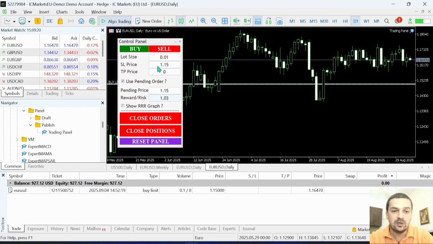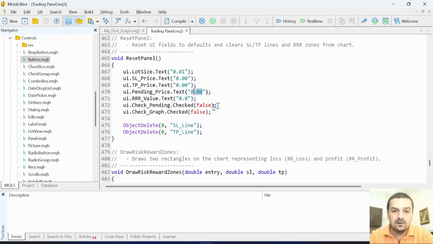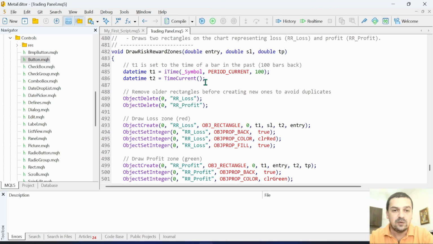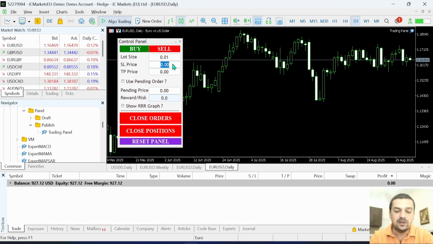So for example, now we have all this information in the graphical objects, but if I hit this one, you can see that everything was reset to default values, the checkboxes were unchecked, and so on. Okay, and the last function is used to draw the reward to risk zones using rectangles. And it takes as parameters the entry price, stop loss and take profit prices, which means that we need to provide stop loss. Let's try with 1.15,